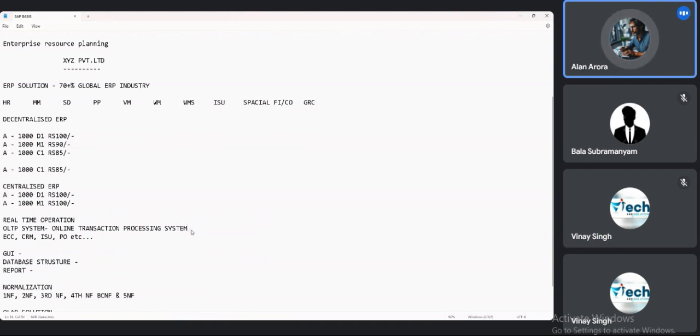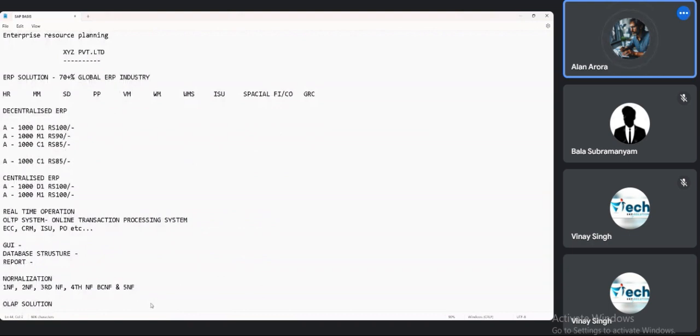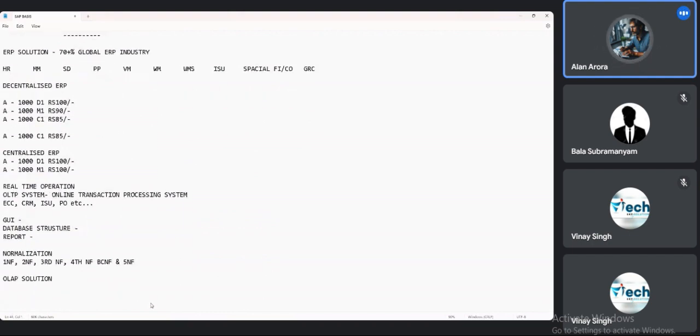But when we talk about business, they always have a requirement of running analytical reports which could help them make decisions, right? Which product they should continue and which product they should stop manufacturing. So let's take an example of